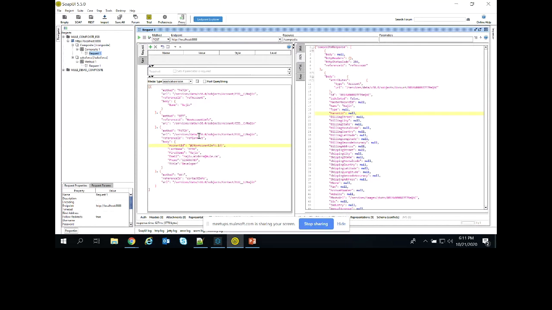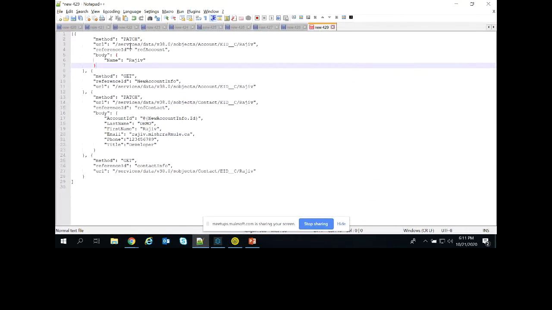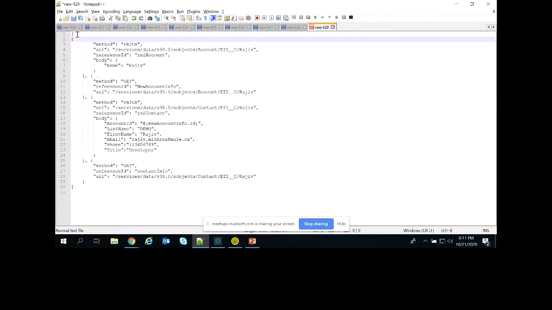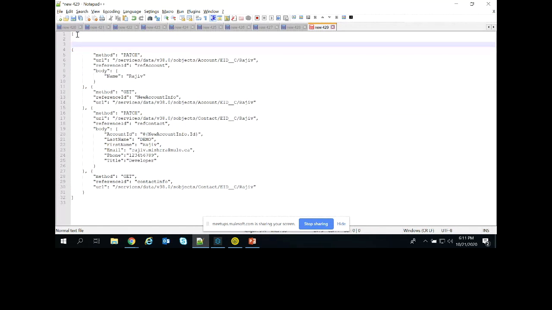Ideally, if you are directly hitting Salesforce using a REST API, the request should look like this. It will create something like a composite request in the header, and then whatever data is there.